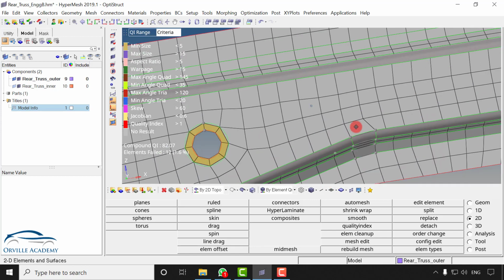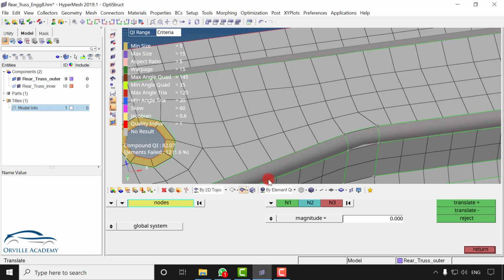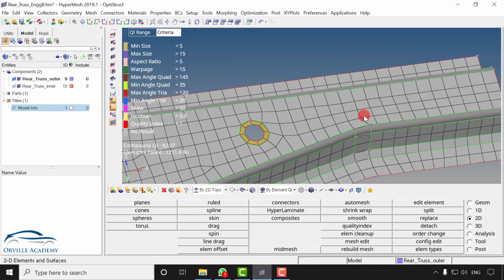At this location you can do one thing. You can move this node a little bit so that the mesh flow would be proper. So again I can go for shift F4, select this node, say this is the direction along which I want to move them. Let's say 0.1, and just translate them. See, by doing this you are basically changing the fillet. So if you don't want that fillet to change, you can keep that as it is, even that is okay. And let me say return.